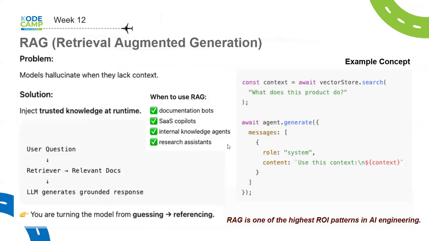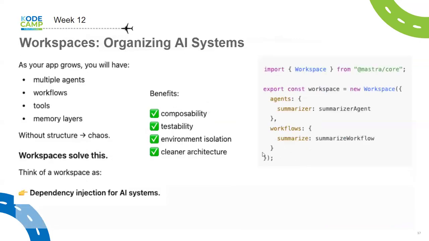Then RAG. To make a RAG is not difficult either, right? We've already talked about RAGs, so I don't need to explain what the RAG is. You only need to make a vector store and then load that vector store with data, and then after that, you attach it to the agent. Okay. We'll look at vector stores later on. We also have workspaces. We'll also talk about workspaces later on.